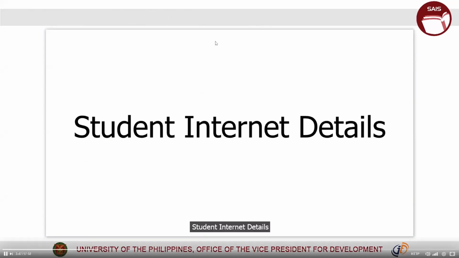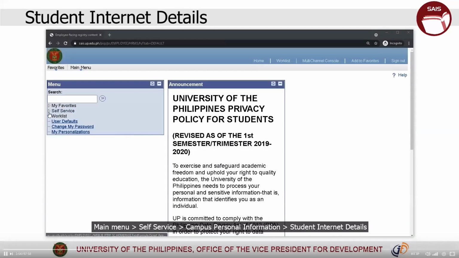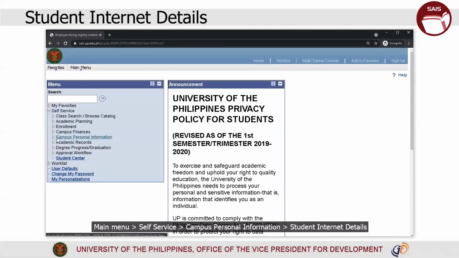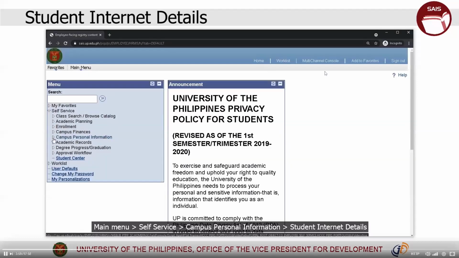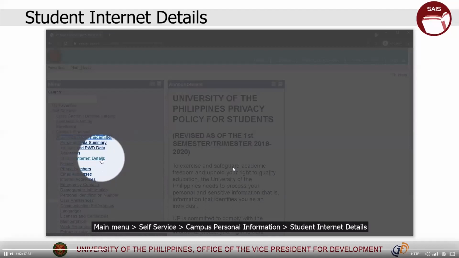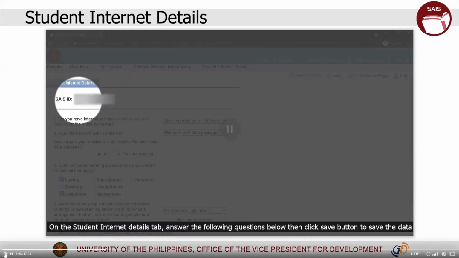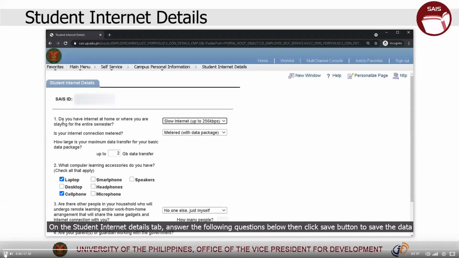Student Internet Details. To access student internet details, click Main menu, Self-service, Campus personal information, Student Internet Details. On the Student Internet Details tab,